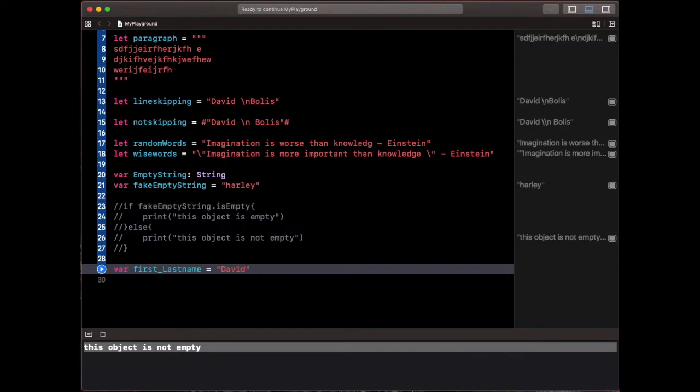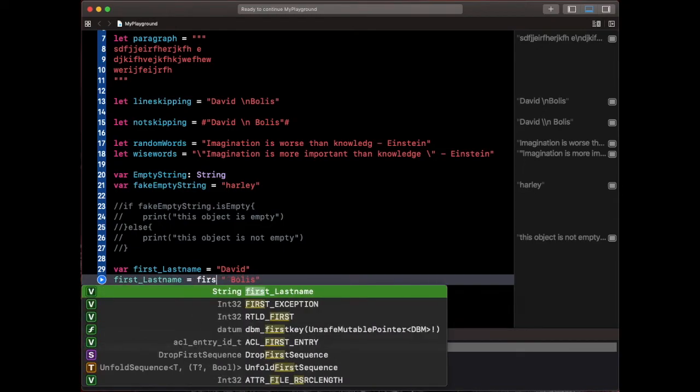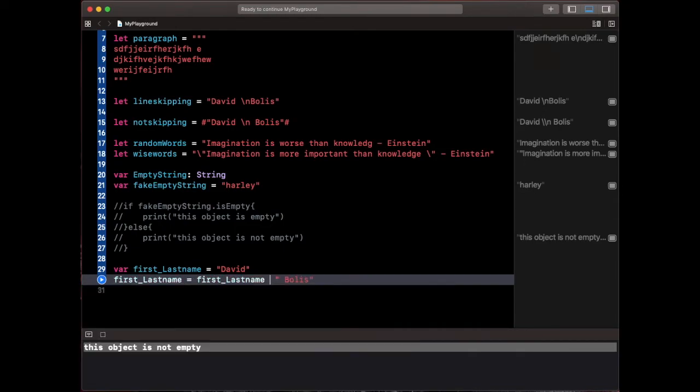Instead of actually editing what I put here, the object directly, we can always come here and say first last name plus equal to Bolus, and let's put a space here. By the way, the plus equal is equivalent to saying first last name equals first last name plus Bolus, but see how much shorter it is to just say plus and then equal. Anyway,